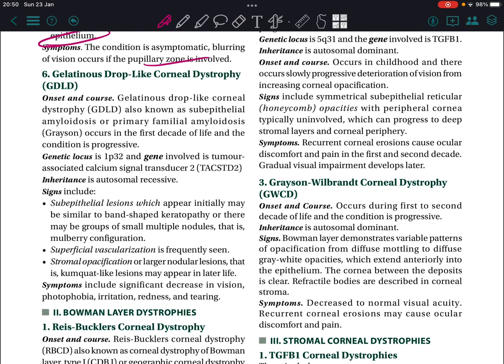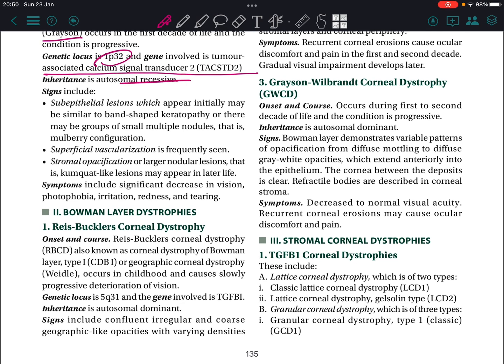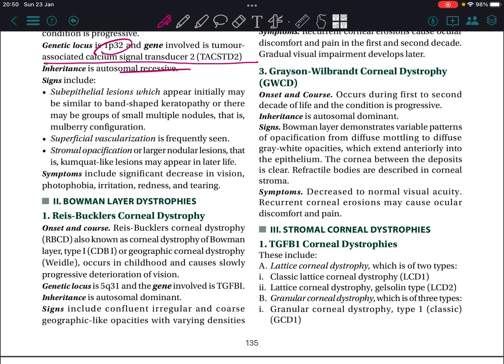Gelatinous drop-like corneal dystrophy (GDLD) is also known as subepithelial amyloidosis or primary familial amyloidosis. It occurs in the first decade of life. Genetic locus is 1p32, and the gene involved is tumor-associated calcium signal transducer. Inheritance is autosomal recessive. Signs include subepithelial lesions which appear initially and may be similar to band-shaped keratopathy, or there may be